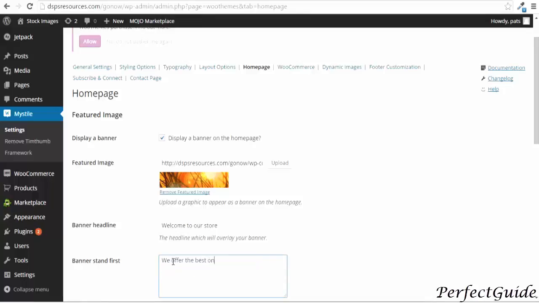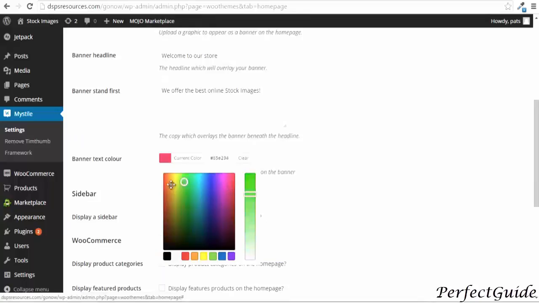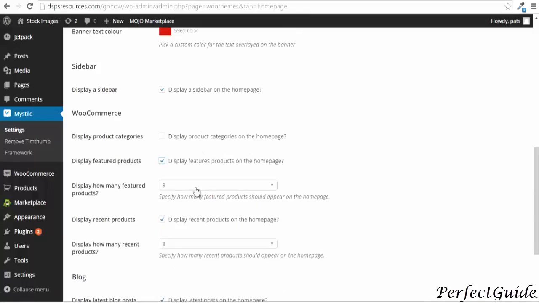In the last video, when I talked about putting the text on your header image using Pixlr, or letting the plugin put the text on for you, this is what I was talking about. If you put text in here, then the plugin is going to put text right on top of your header image. You can choose your color of the text,